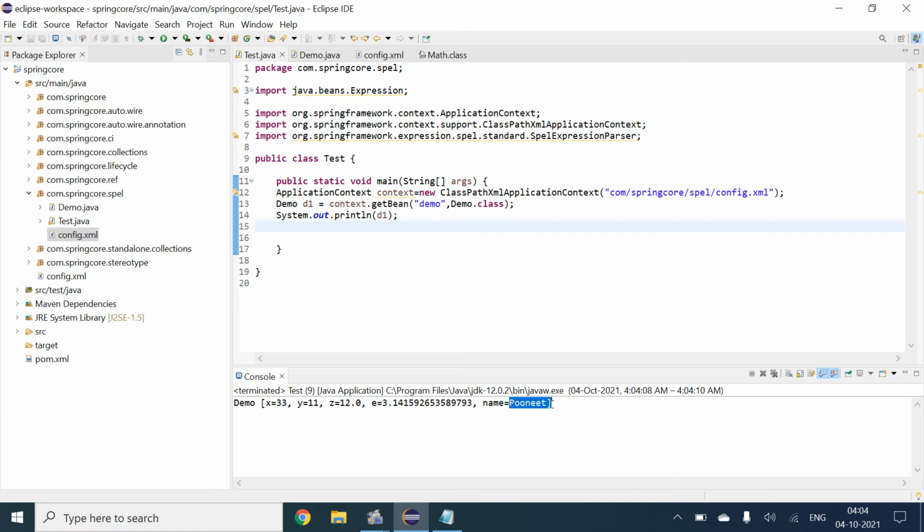Now basically there are Boolean type SpEL. So what are Boolean type SpEL? How can we give the input for Boolean values? You will see that.